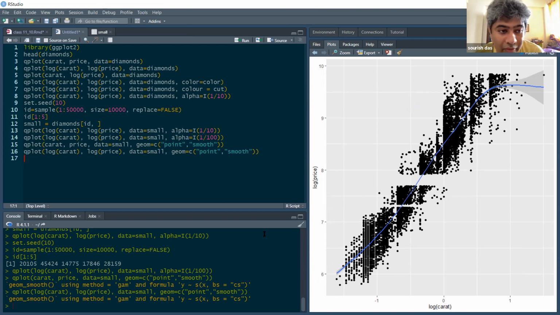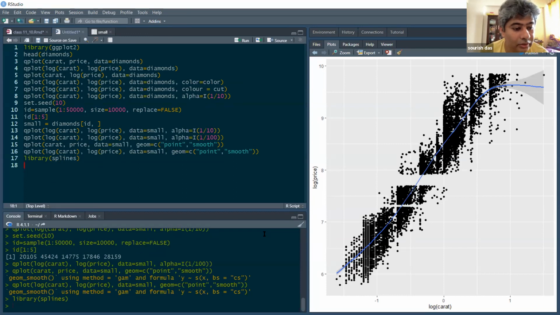Theory we will learn over time, but we can use this spline technique using R. You can call the splines library. You write library(splines), choose that and run this.